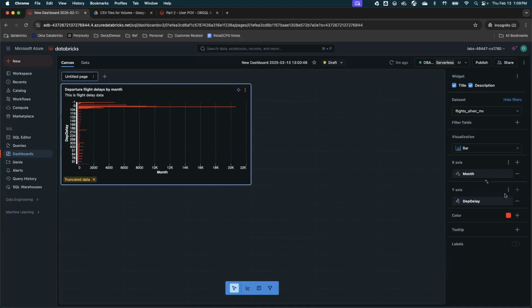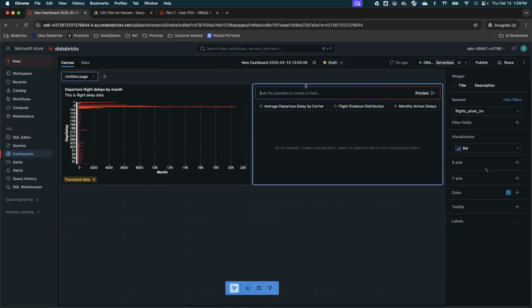Now you can also add your own visualization, right? So I can go here, I can add my own visualization, and then I can, let's say, select a pie chart. The data set I need is flight silver MV. Very important to make sure what data set you are selecting here. If you select some data where you don't have relevant information, then it will not be able to show you all the data.